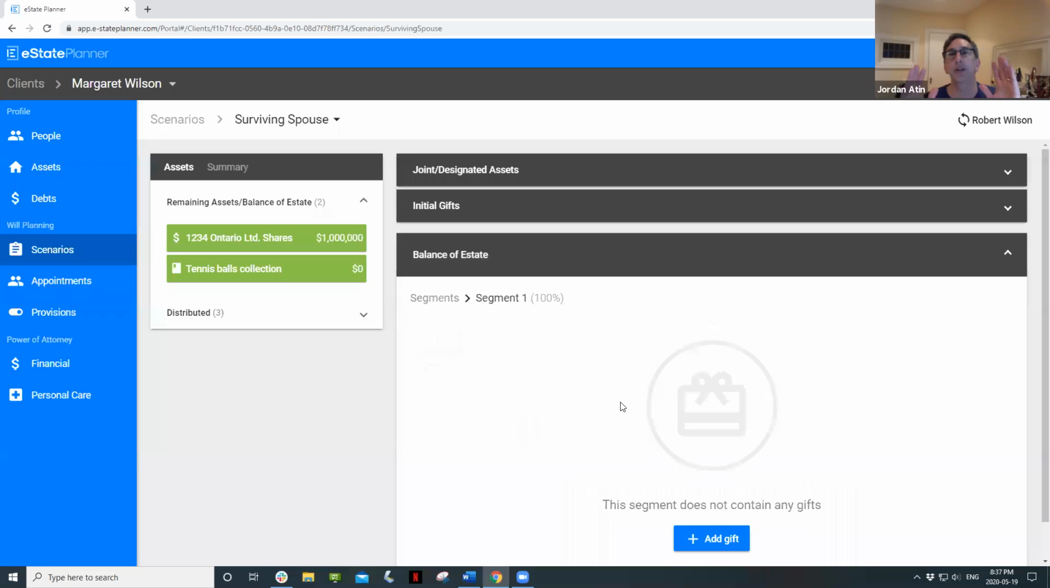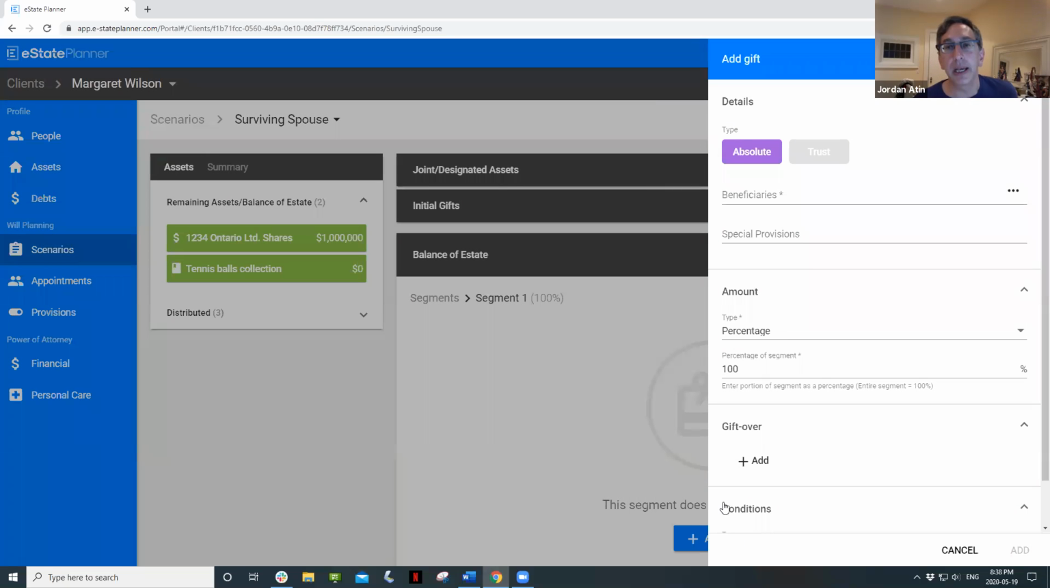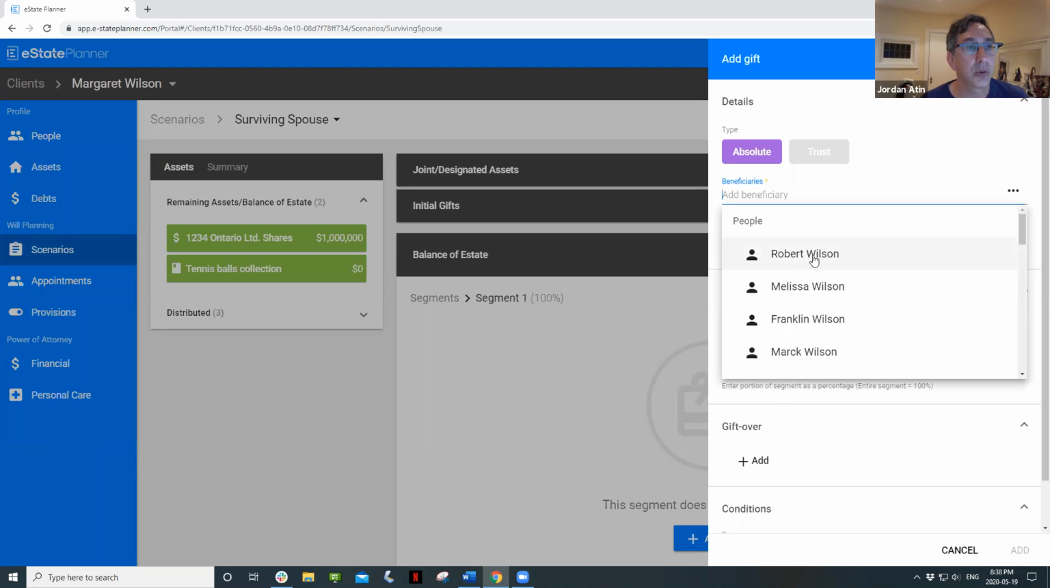All that does when you create a segment is it creates a percentage, but we need to give away that percentage now, right? So we have 100%, now we have to give it away. So that's where you add the gift, okay? So click Add Gift. And this is your classic add gift dialog box. So again, the choice between absolute and trust. We know we want it to be absolute to the spouse. That's what the instructions were. So we click on beneficiaries, Robert Wilson,